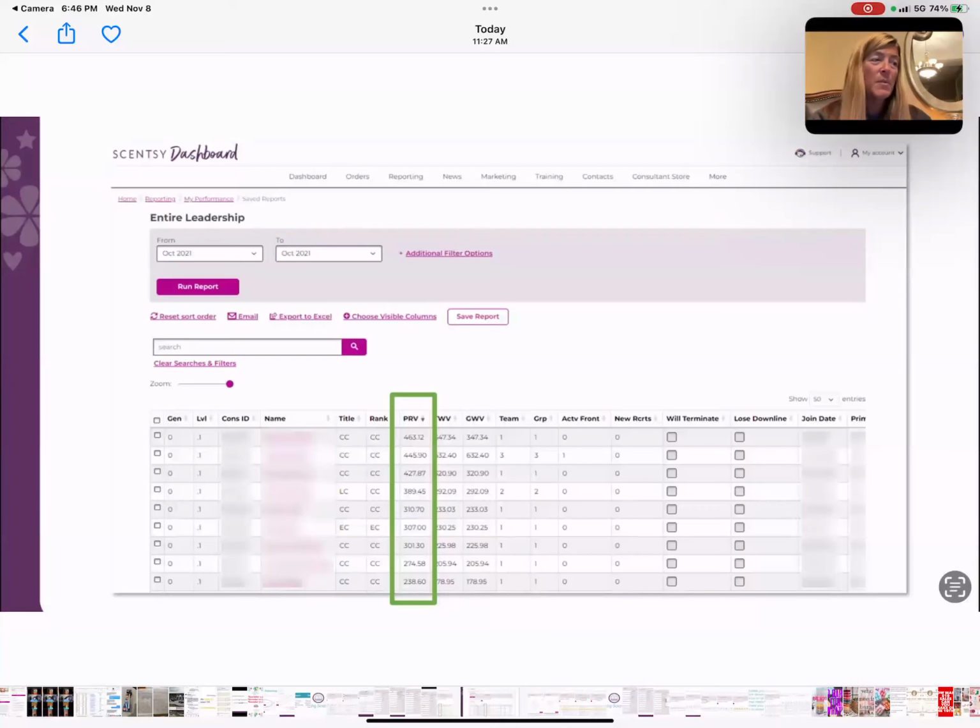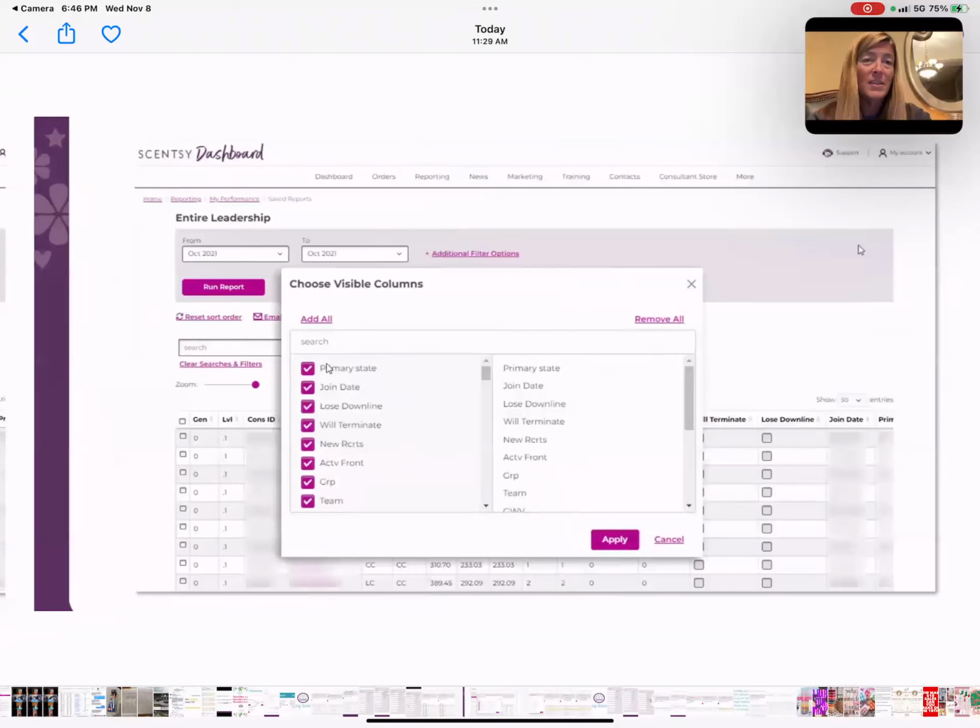So that's what I mean when I say celebrate what's happening now, giving them a shout out for what you see now, but also highlighting what could happen, what could be. All of these people could hit 500 PRV before the month's end. The people who have team members could also be getting their other team members active. The one could promote to lead. So you see where I'm going with this and how you can use this.